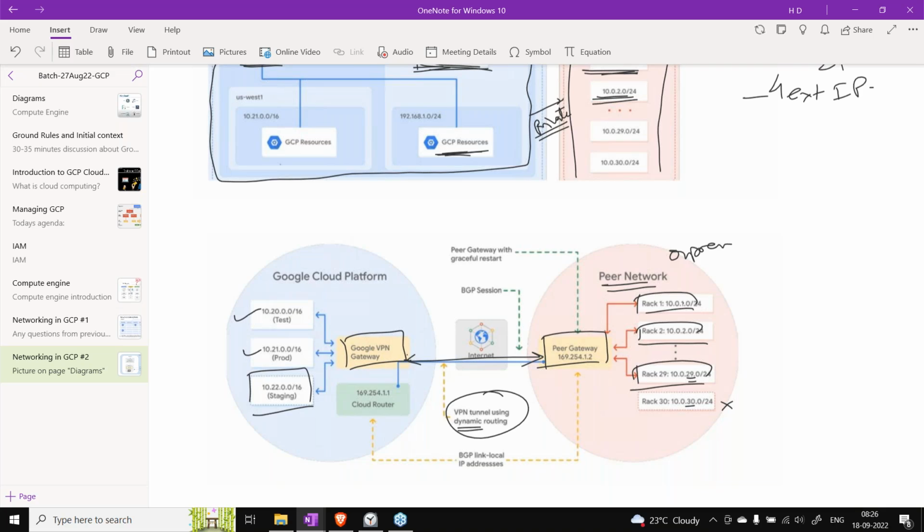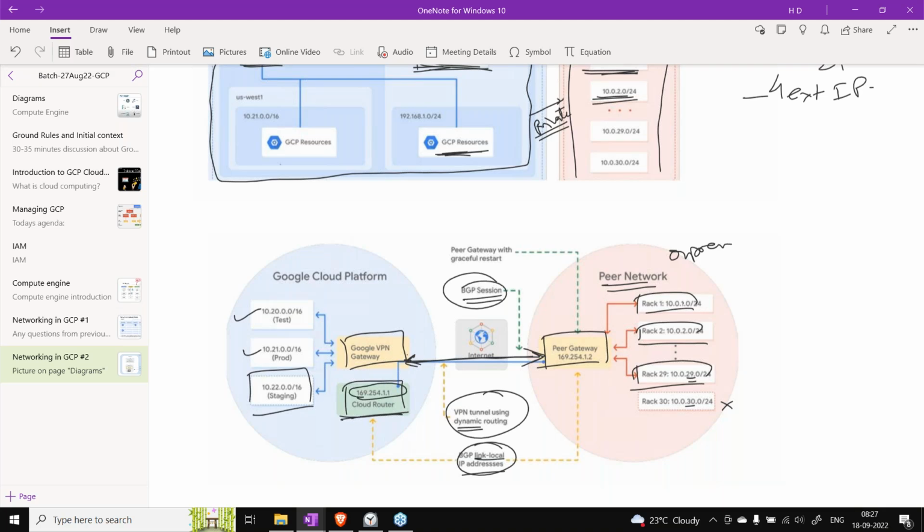We'll come to this. So for this particular tunnel, we need a BGP session, and this BGP session will require a router, all of which we will create in our demo. This router will work on a link-local address.